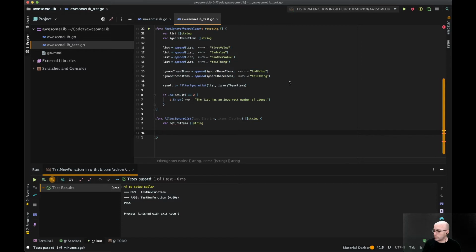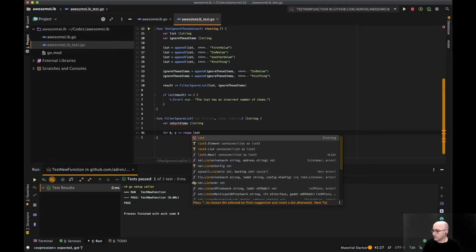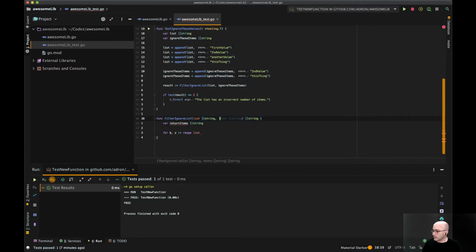And then we want to go through, so key value in the range of, items, or no, in the range of list. And I'm going to call this ignore items, or we'll call it, it should be ignore list. In the list, yep, okay. So to go through each item and return a key, the numerical key will be 0, 1, 2, etc. And then the value will be the actual value in that particular array, right? Or within the array.